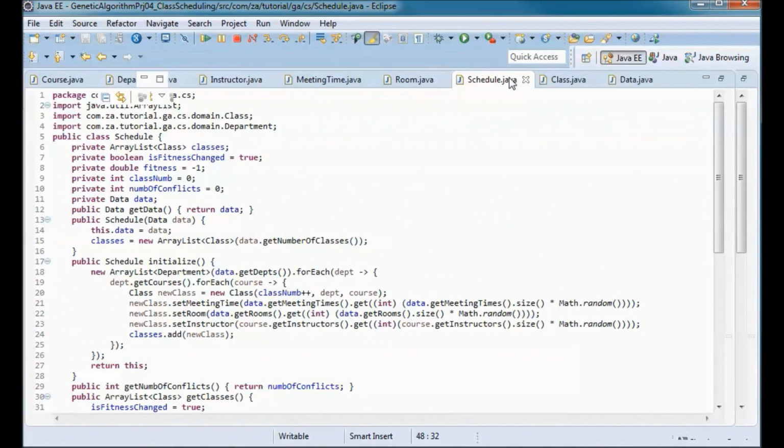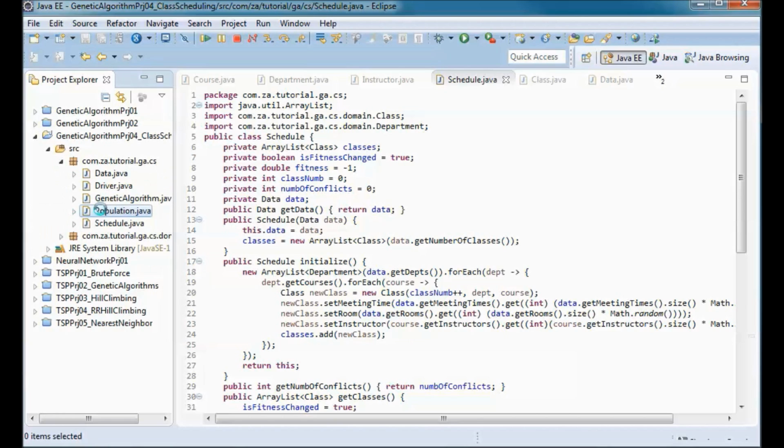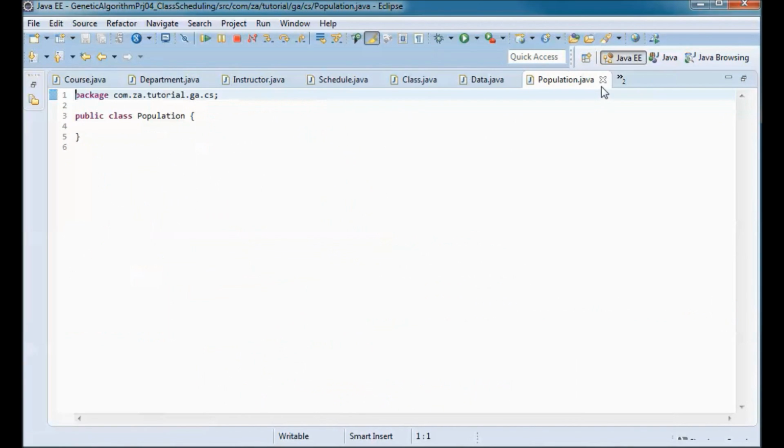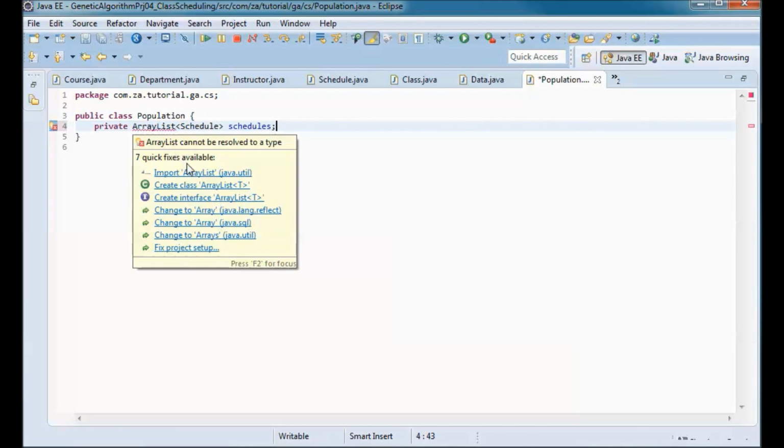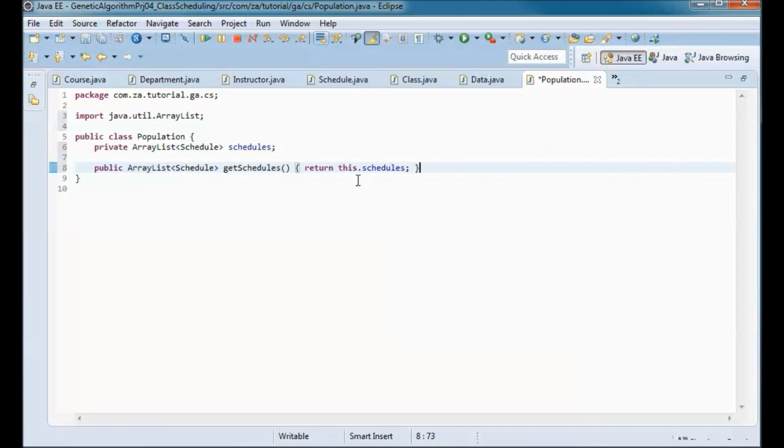Now going to the population class. So this is a population of schedules. So you will have an array list of schedules, and a get method that would return those schedules.